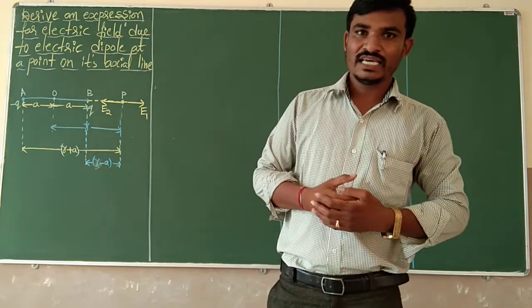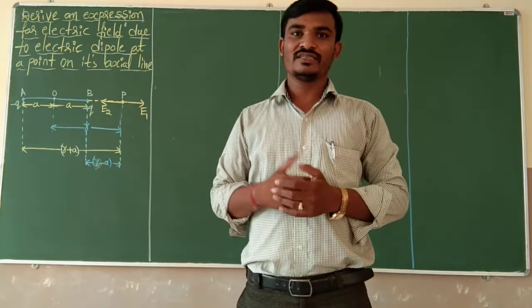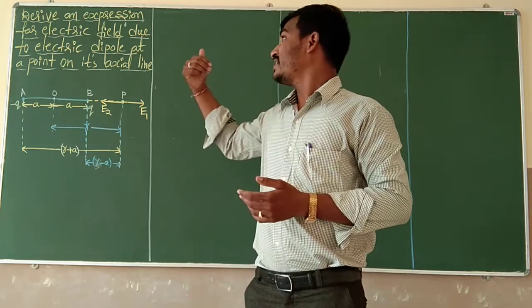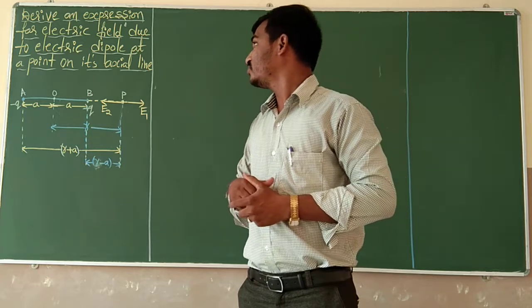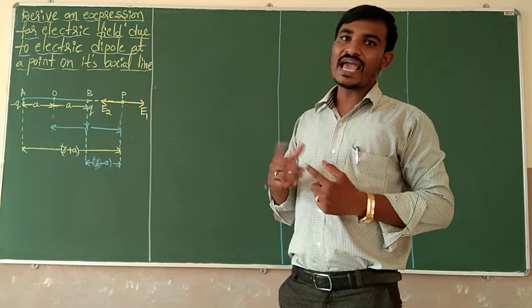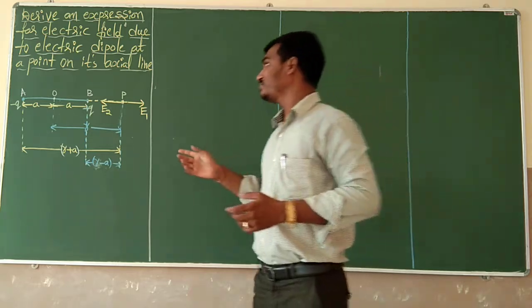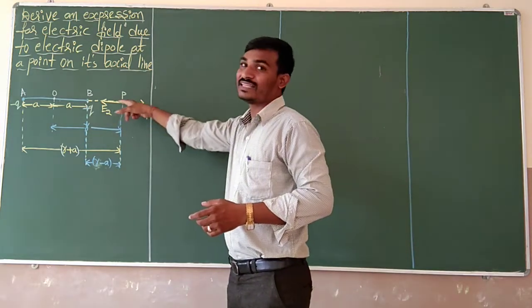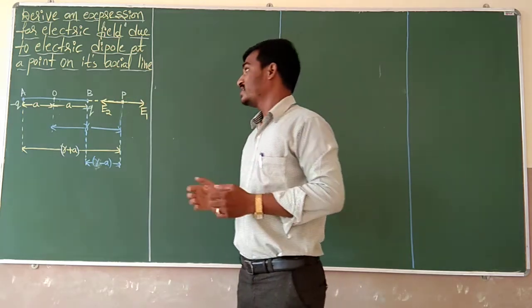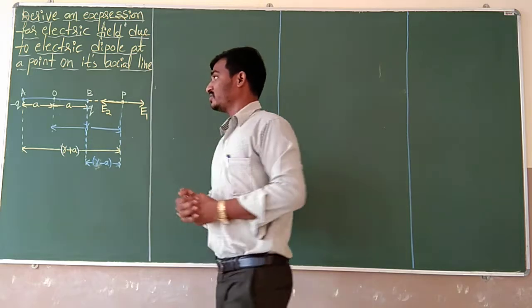Dear students, in this video we are going to discuss one of the 5 marks concepts in the first chapter, that is, derive an expression for electric field due to an electric dipole at a point on its axial line. Axial line means what? The point which is kept along the x-axis of the electric dipole. Okay. So for explanation purpose,